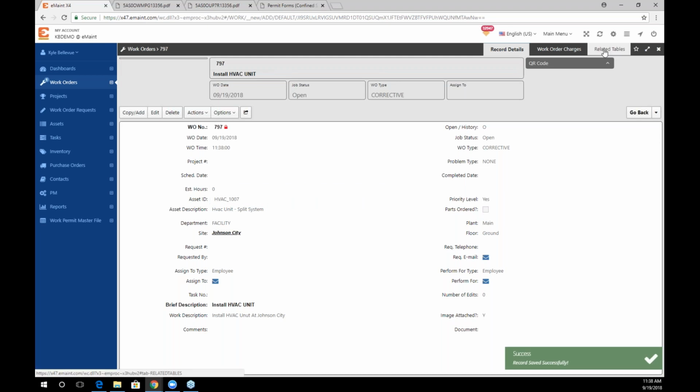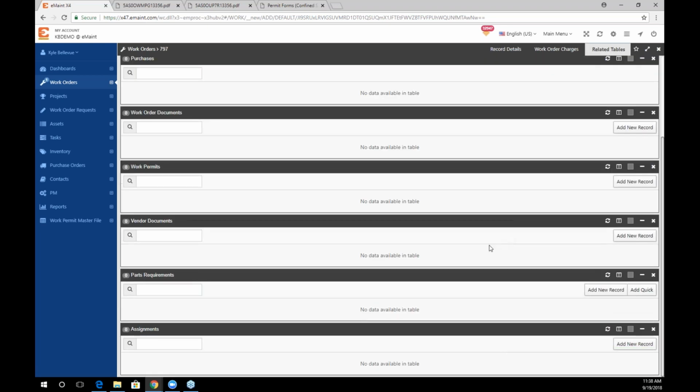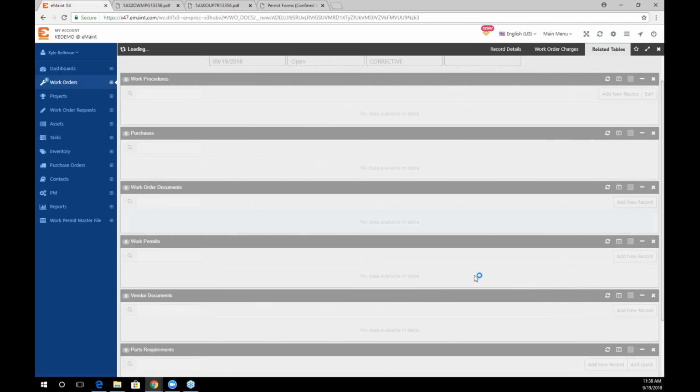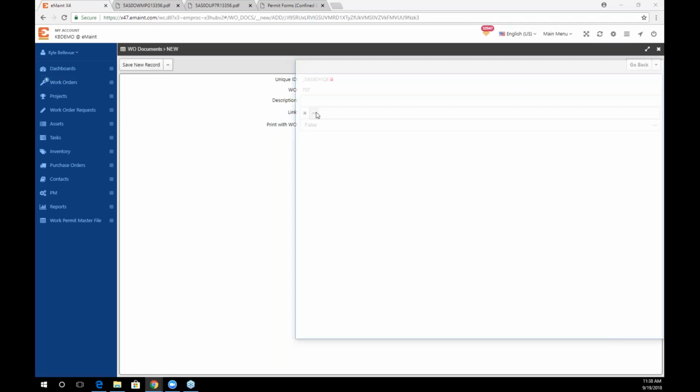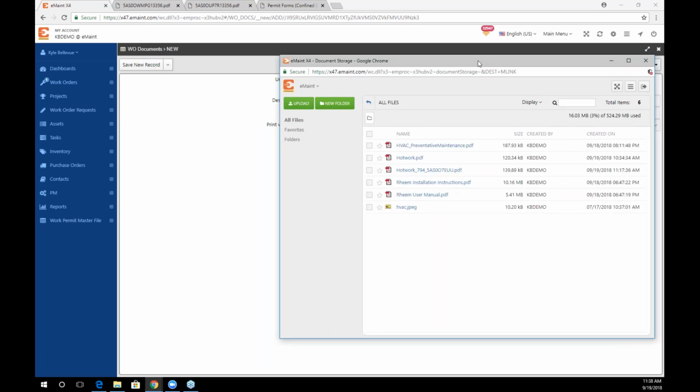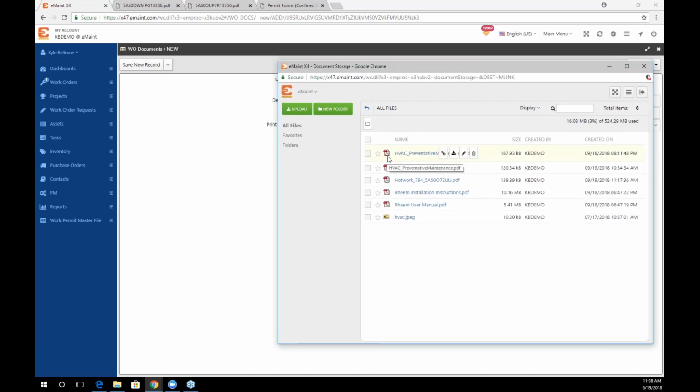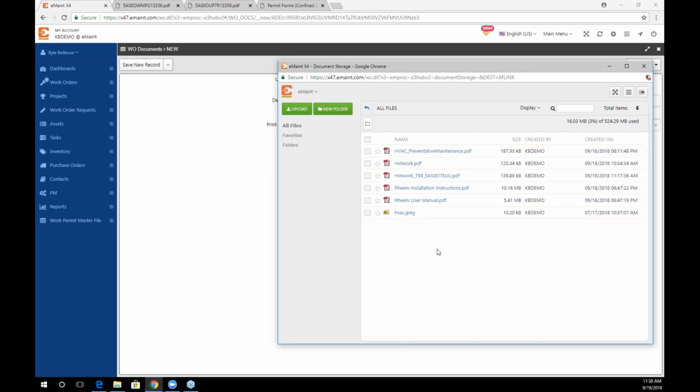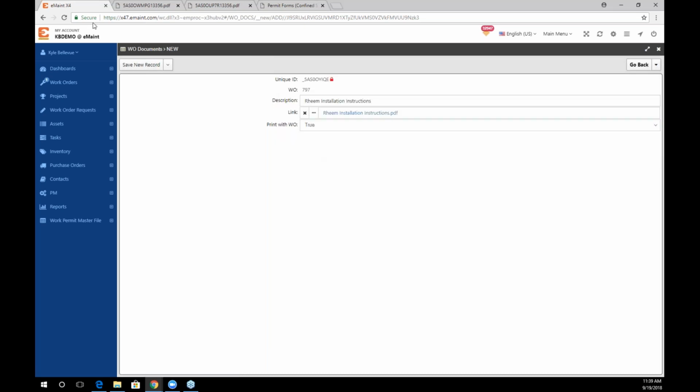And then what I can do is go over to my related tables, and then in my work order documents, I can add a document that would be related to just this one specific work order. I don't want to add this into a PM schedule because I wouldn't be doing an installation as part of a preventative maintenance schedule. This would just be a one-off type work order where I'm going to be doing that installation. So you see here in my document storage, I have my installation instructions. If I just click that link icon and I set this to true and I save this new record